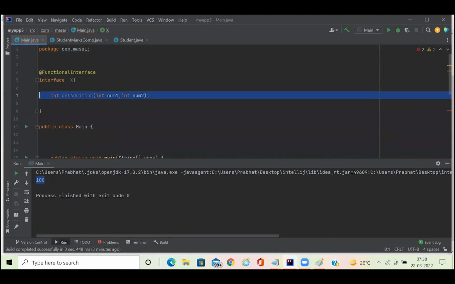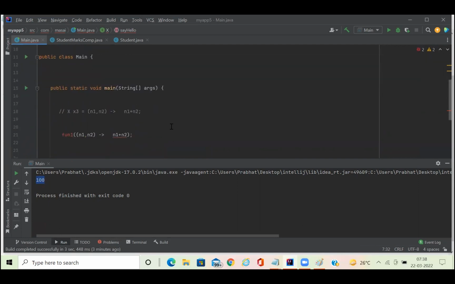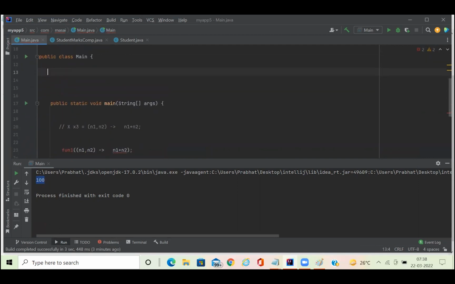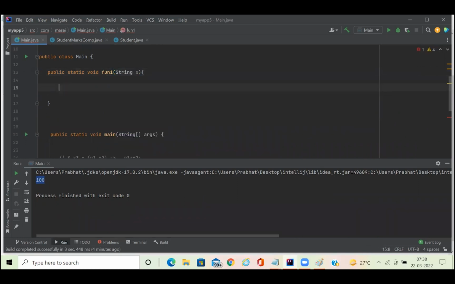Let me show that. Imagine I have a functional interface and it has only one method, let's say hello, with a string name. Now imagine I have another method inside this class, a public static void method, and I'm giving the name function1. This is a different method which has one string parameter s, and it is going to print something like